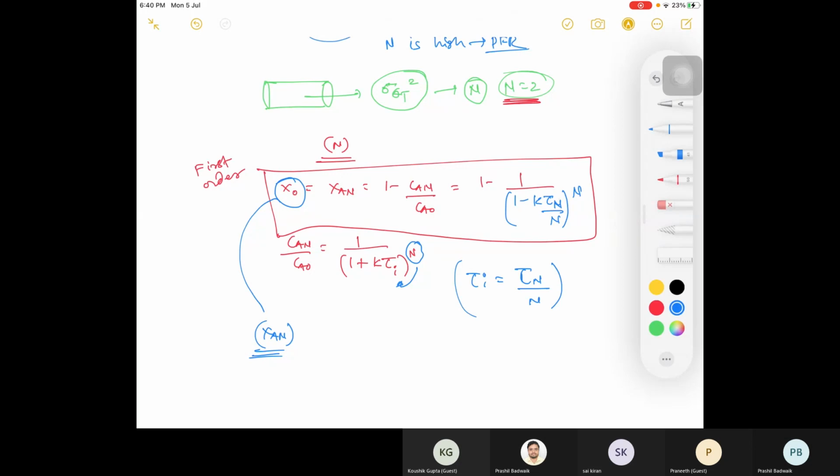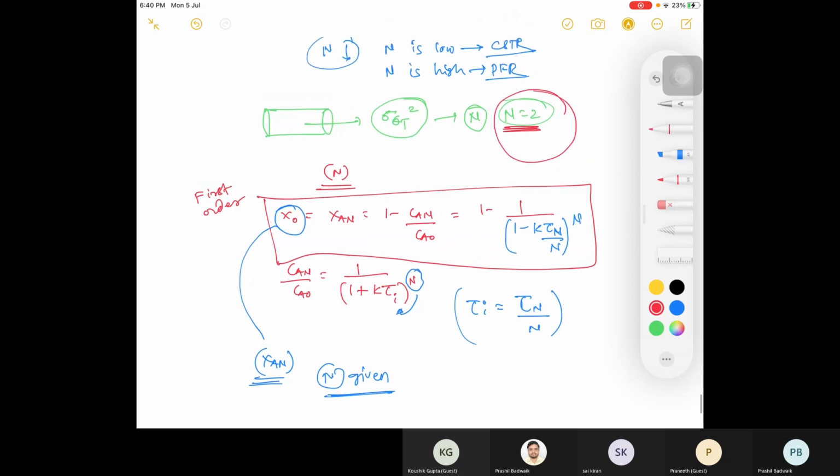Did you get the point how to calculate n in CRE 1? How did you find out n? We did not have any way to find out n. n was given, but how did you calculate it? From here you are getting the value of n using your tanks-in-series model. That is the importance of your CRE 2. So you get your number of tanks, then you substitute this and you get real conversion.